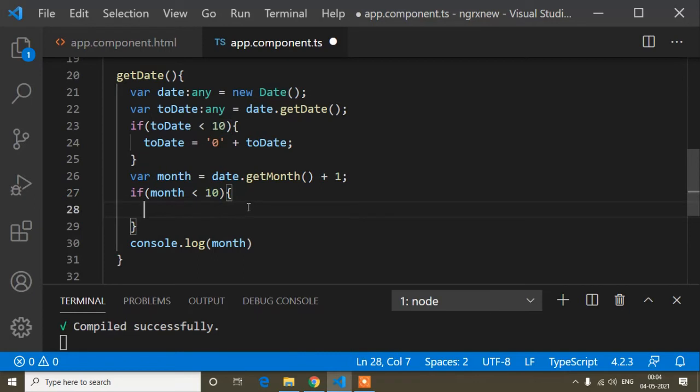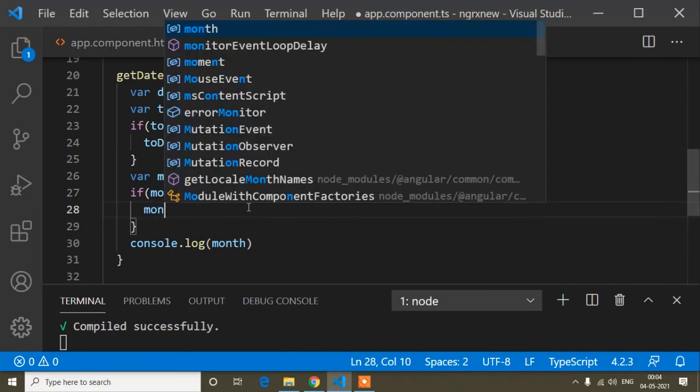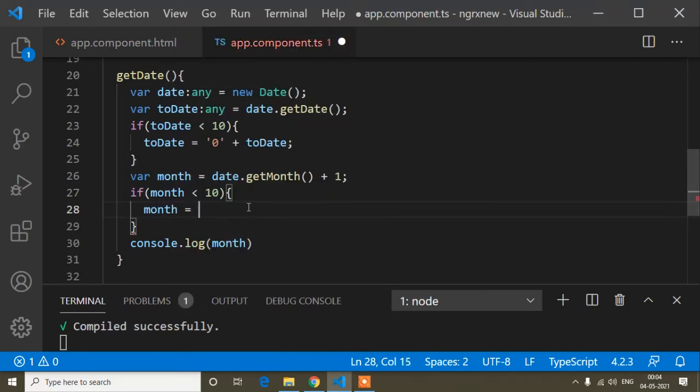So when it is less than 10, then with this month equals to, it will add 0 plus this month. Okay, so now guys, if I print this month, let's check it.